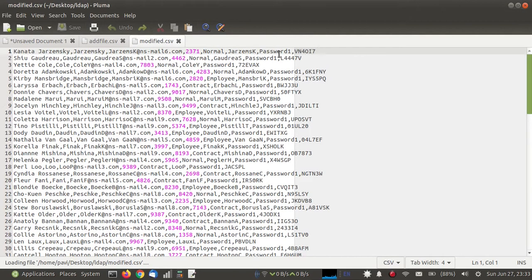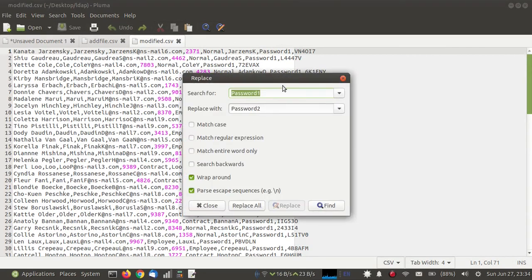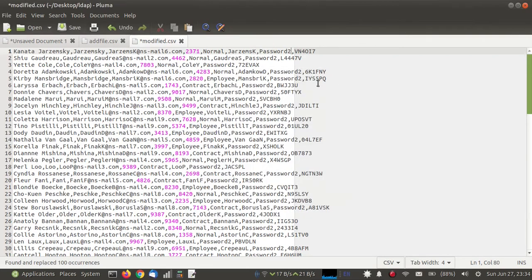Another column is added. Now I want to change the password. The password has been updated. Now each user's password is password2. I'm going to save this file.